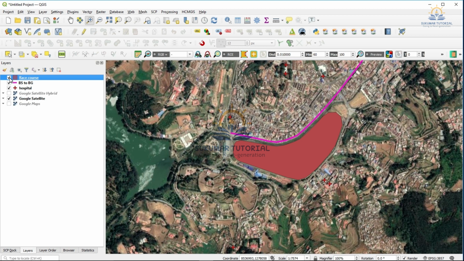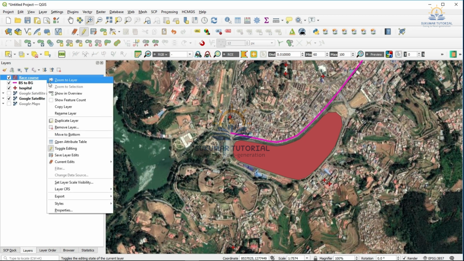So this is how, using satellite imagery, you can add points, lines, and then area details. For example, I have given the hospital as a point feature. For the road, I represented it as a line feature, and the race course I represented by area features, or polygon. Hospitals we represented by points. Suppose you want to measure the area of this race course, you have to go to the attribute table